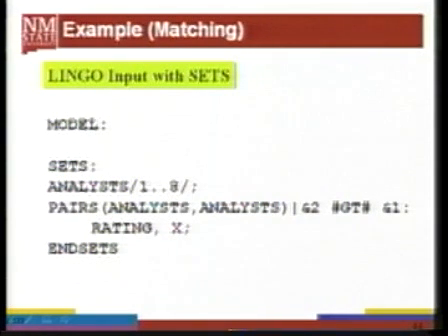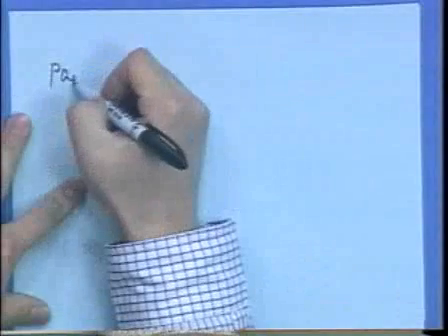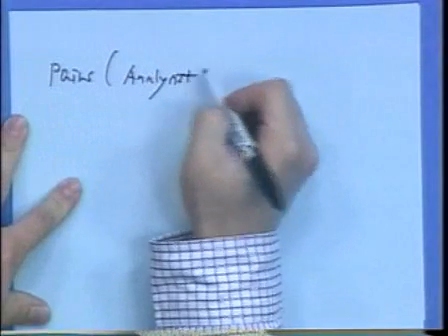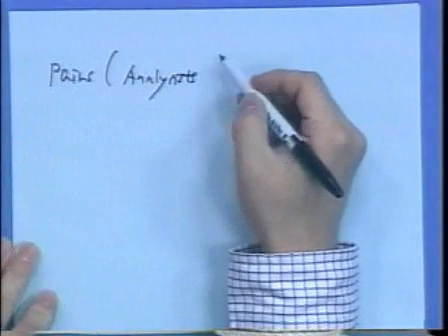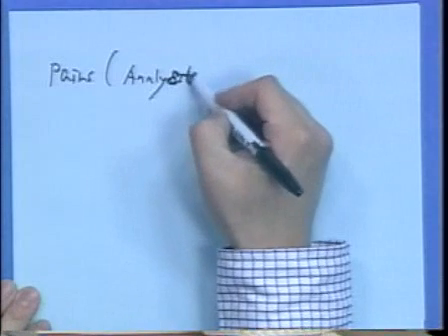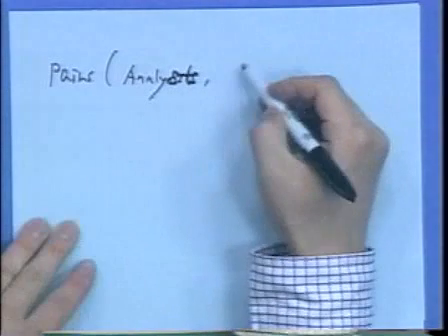So as a first pass, we could build the dense derived set, which is just the pairs, analyst, or it's just ST, right? And analyst,